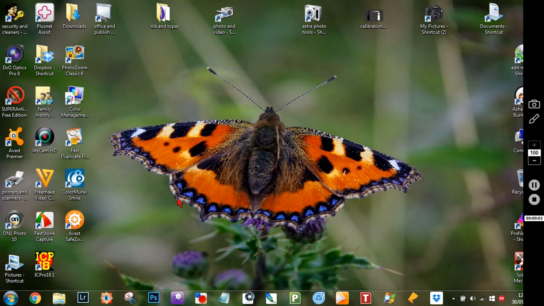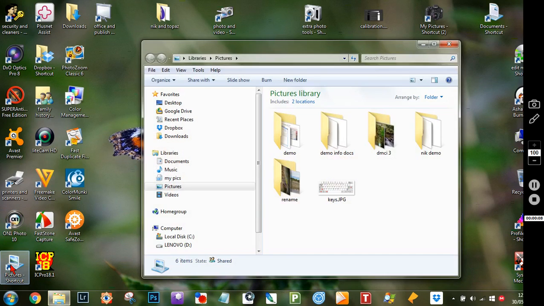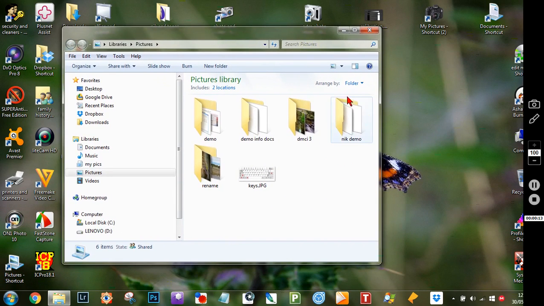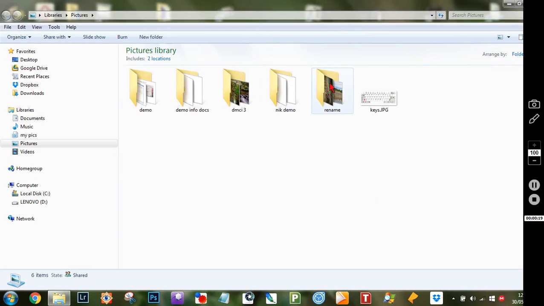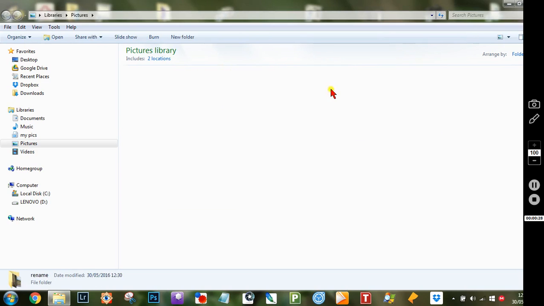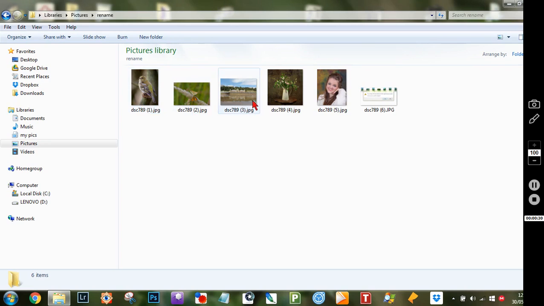Okay, so we're just going to jump straight in now and get onto the renaming. Go to wherever your pictures are, usually My Pictures, and you'll notice when I open it up that we've got some folders in there, and one of them says rename. Let me just make it full screen. Now you can rename your folders in the very same way that you rename your images, but I'll come on to that later. So we'll open this folder, and we can see these images,